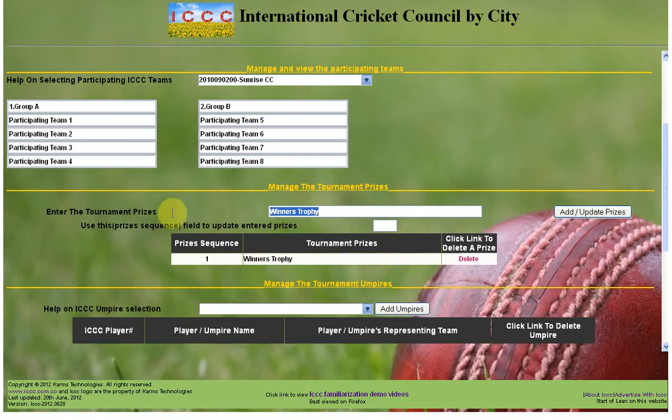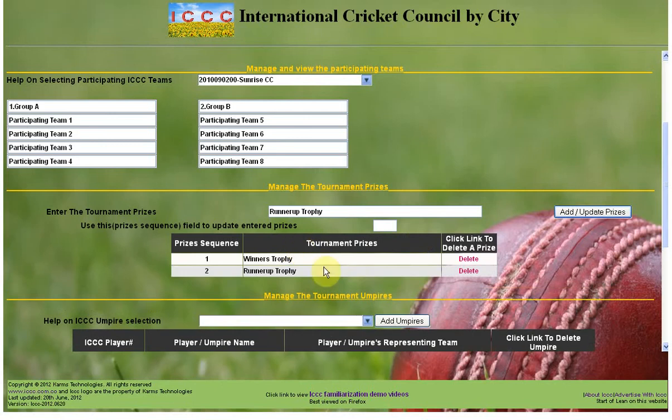I'll add another, runner-up trophy. In case you want to update anything over here, you make the updated one, like I'm putting a hyphen and then the sequence number, and press update. This way it will be updated.